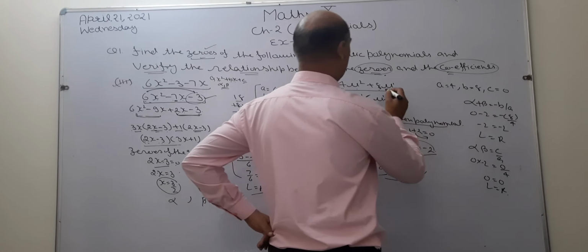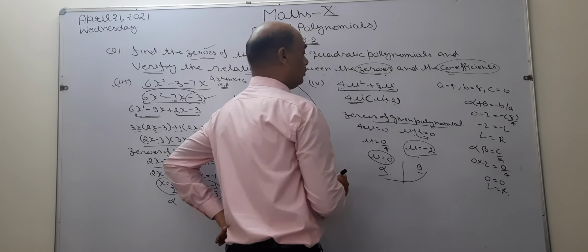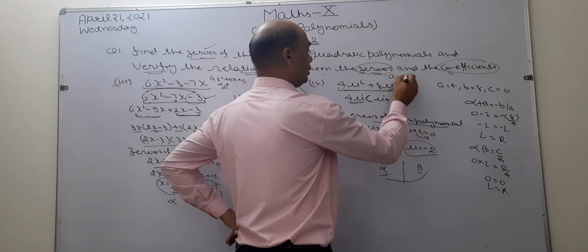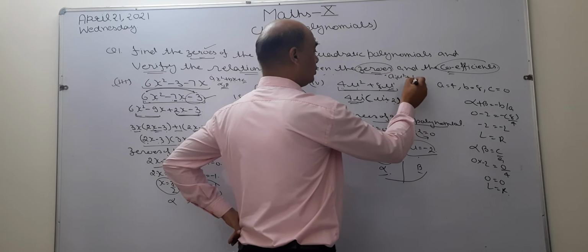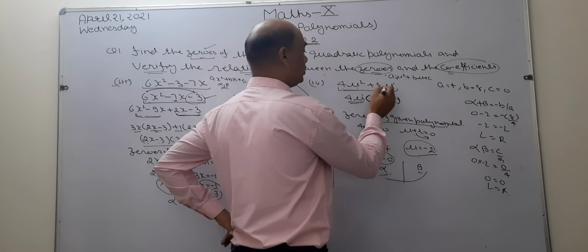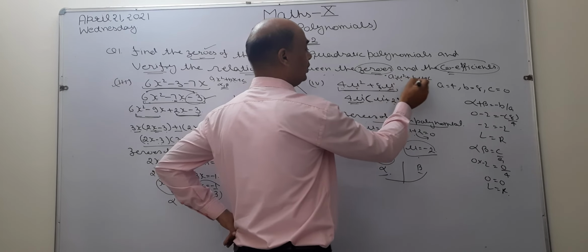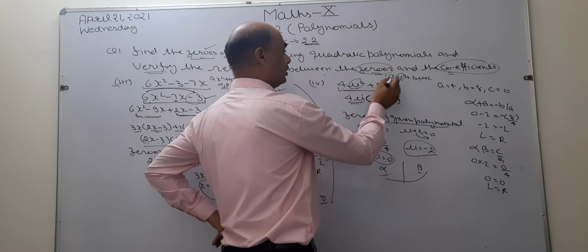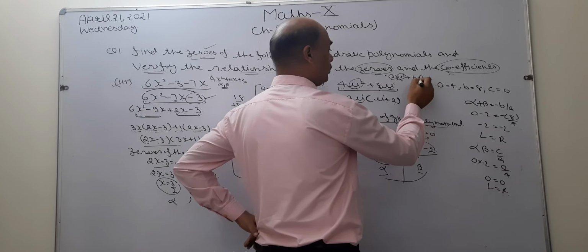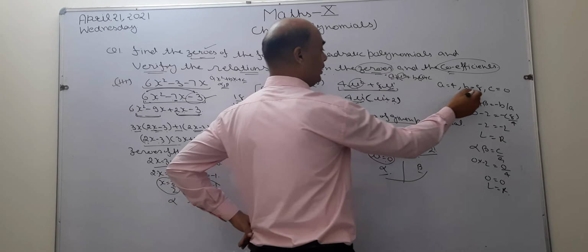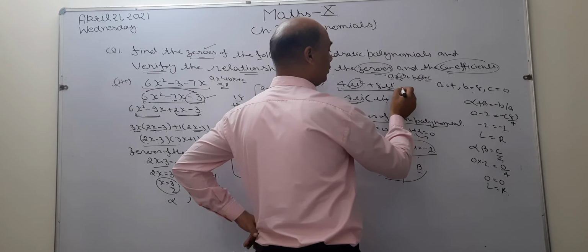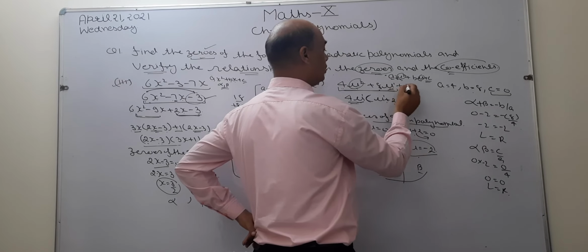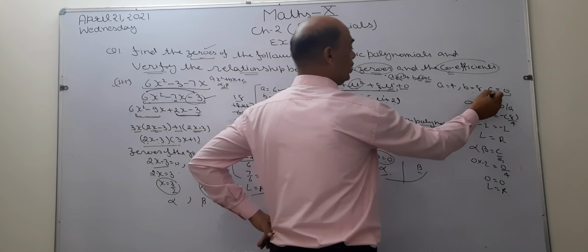Now what are the coefficients of this quadratic polynomial? I write here the standard form: au square plus bu plus c, because the variable is u. So I convert it in the u variable. Now the coefficient of u square is known as a. What is a? a is 4. Coefficient of u is known as b. What is b? 8. Now this is the constant term. In this polynomial, the constant term is not available. It means it becomes 0. Or you can write here 0 plus 0. 0 plus 0 means c equal to 0.